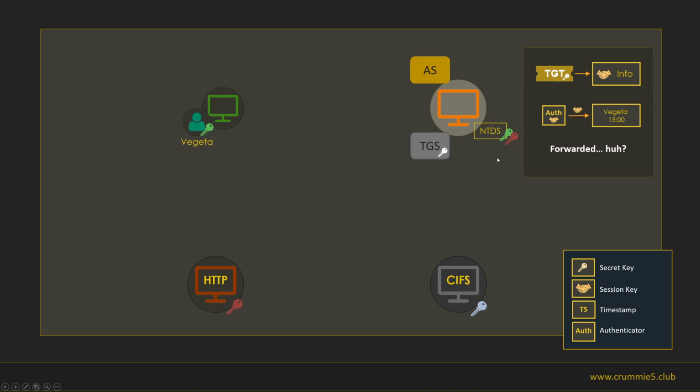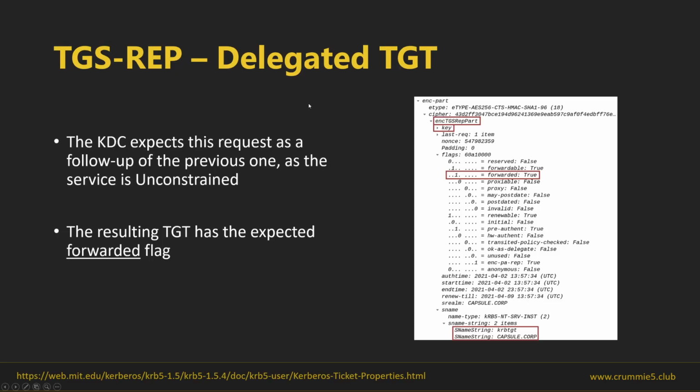Since the KDC was expecting this request as a follow-up of the previous one, he will know that this copy of the TGT will be used for http/serverbrowser.capsule.corp. Okay, this is what is explained here, and we can see that the resulting TGT has the expected forwarded flag.